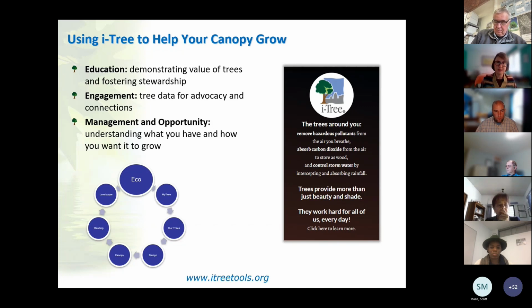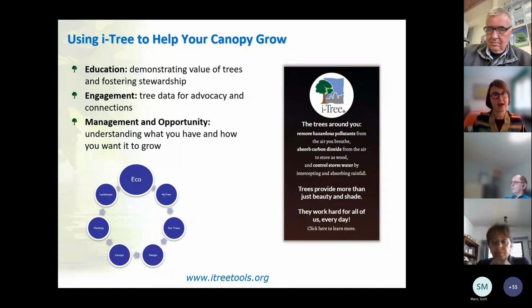Some offer speed and simplicity, such as MyTree and Our Trees. And even if we talk about quick assessments, we're talking about Canopy and something like Design that can help us think about our approach for species-specific information. Some of the tools are offering visualizations or helpful descriptions of the results that you're seeing. Some of them, like Eco primarily, but also like Planting, are offering a little bit more of an in-depth analysis. All of them really are offering ways for you to take data about the benefits that trees provide and talk about that meaningfully